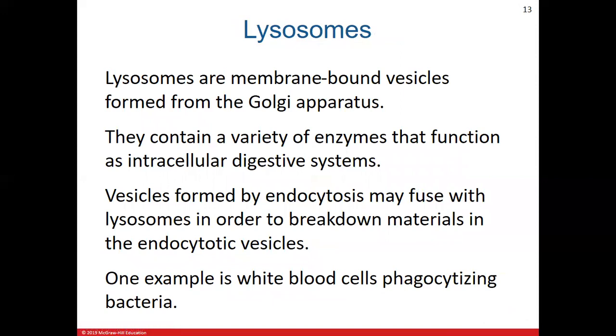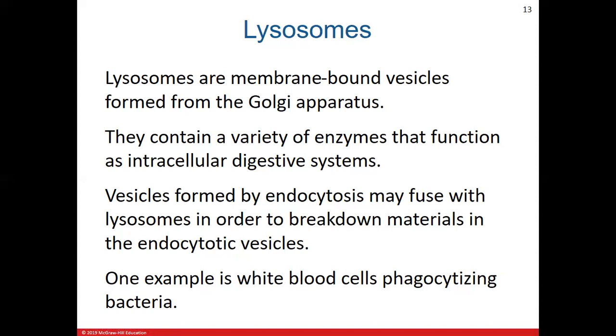Now, a type of storage vesicle is called a lysosome. This is one example of a vesicle that's formed by that Golgi apparatus. And lysosomes generally contain enzymes. And so enzymes are specific types of molecules that help to speed up chemical reactions, and they also help to digest things. And so inside the cell you have little storage vesicles called lysosomes that will store up some digestive enzymes for the cell. Now, one example of why you would need these digestive enzymes is to break down any type of